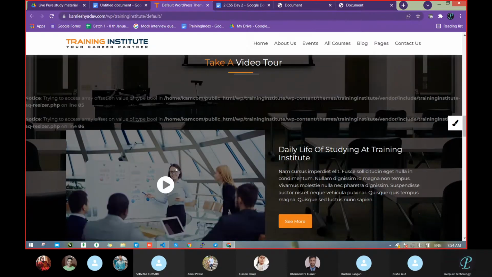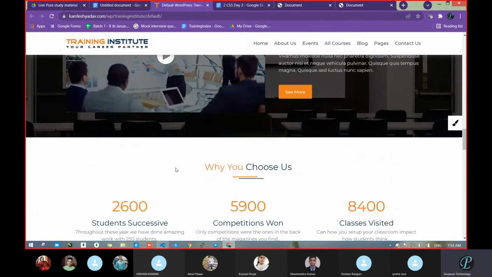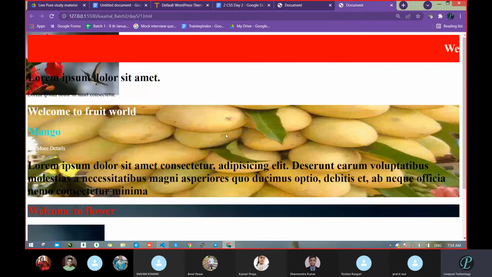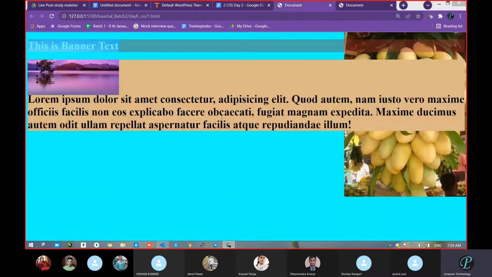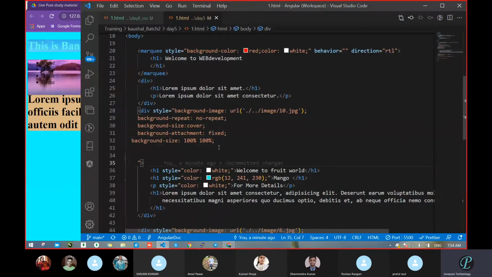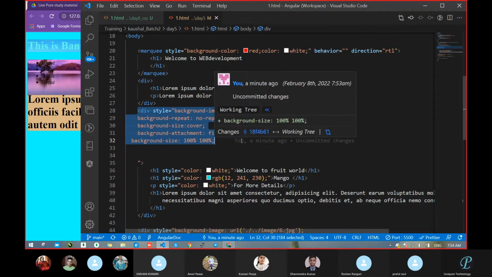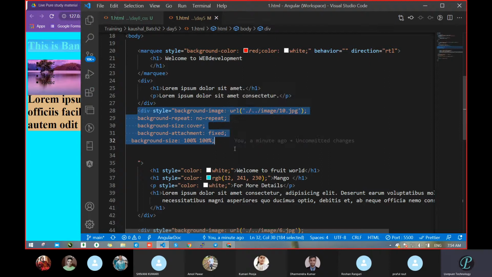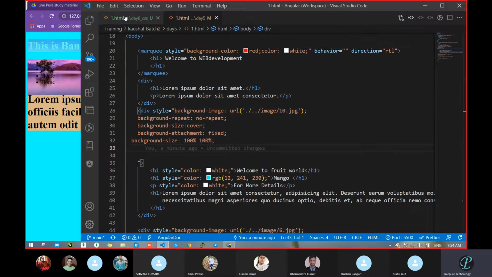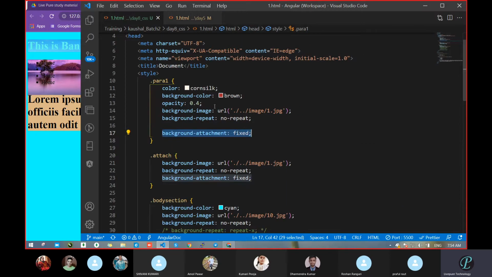See. Okay, so this way we can use our background fixed property. I think they had used this in the body itself. Yes, I had passed the background image in the div section. Somewhere I passed it, and in that section itself we had written that. Okay, nice. So this code I will give you all, whatever code we have, first practice. After that I will not give it now.